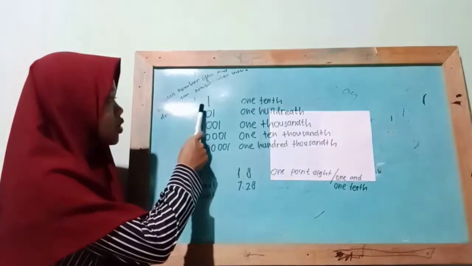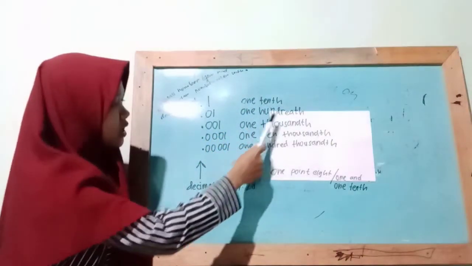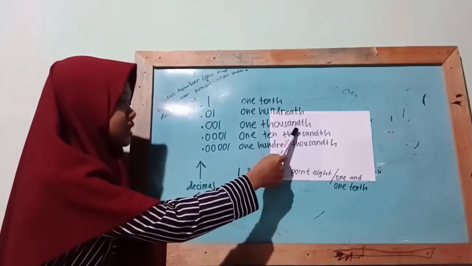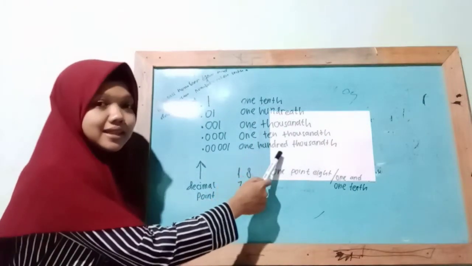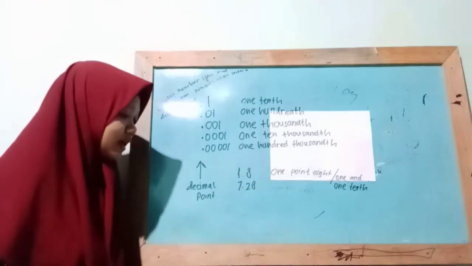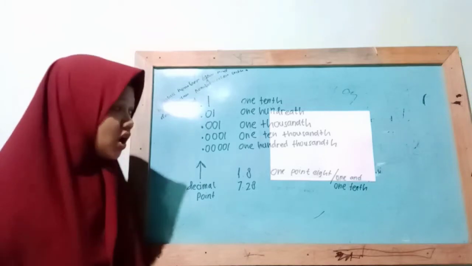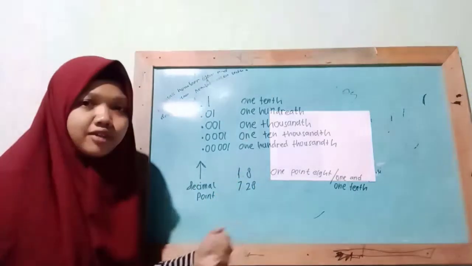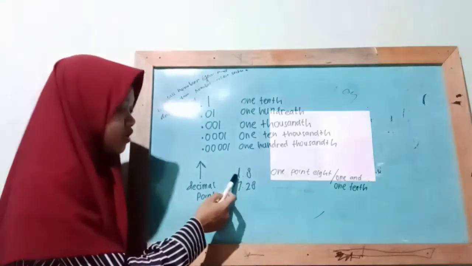Fifth to the right is the hundred-thousandths. So this is tenths, hundredths, thousandths, ten-thousandths, hundred-thousandths. In common speech, we use the word "point" for the decimal point itself, and we read numbers like this. For example,